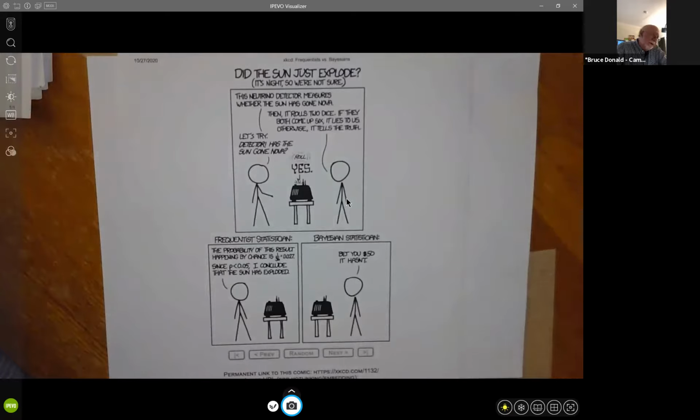Let's do a little background to make sure we understand what happens. We're building a neutrino detector with some probabilistic components to detect when the sun has exploded and gone nova. It's dark, so you can't actually see it; you're on the other side of the Earth. In order to understand this joke, do you understand why we want a neutrino detector for this? Who would like that explained? Yes, okay.